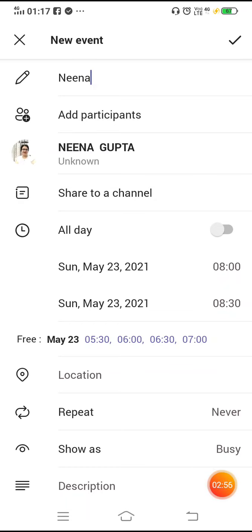here I see time is there one more time, date is there the same below the first one, the second one is there the same date, but time is different. It is 8:30. This app is taking automatically half an hour time, but if I want to take this meeting for 1 hour, so I will click here on the second line and this time right side.